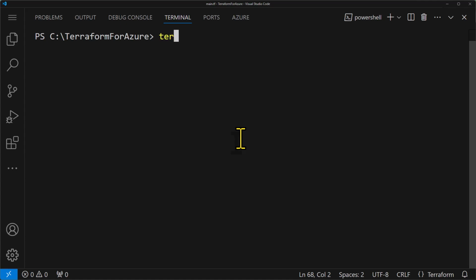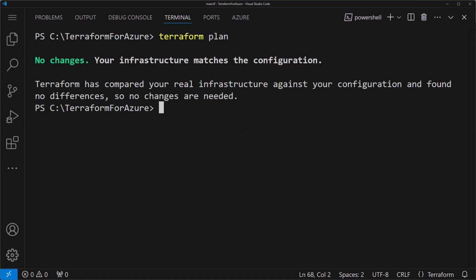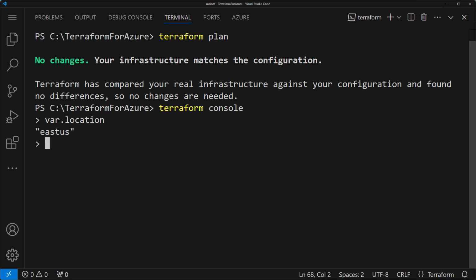First thing, I'm going to run the Terraform plan and press enter. All right. Now, if you want to see the values of your variables, you can type terraform console, press enter. To start with, I'll type var.location, which will output the string value as East US, var.vm_count, which will output the number value, which is 2, var.enable_monitoring, which will output the Boolean value, and that is true,